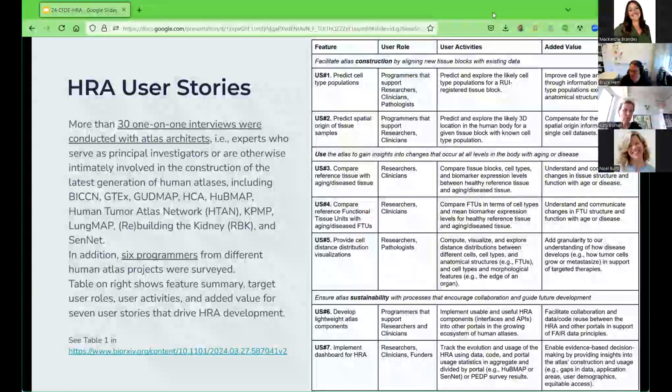So this table can also be found in a recent preprint, and I think Andy just put that in the chat. We would love to have your comments on it. If you see other user stories that you would like to see included, please reach out to us. On the next slide,